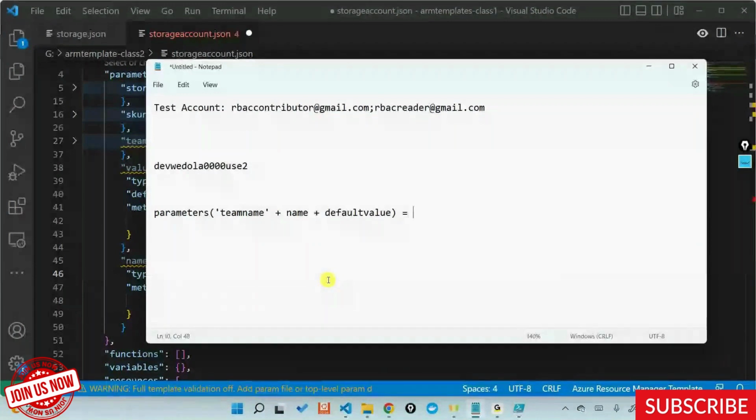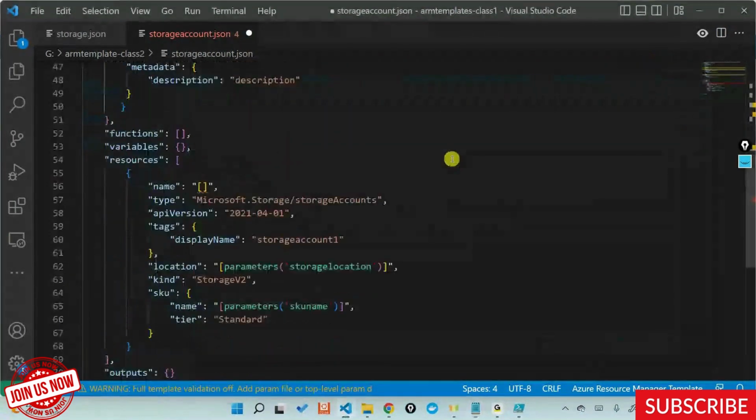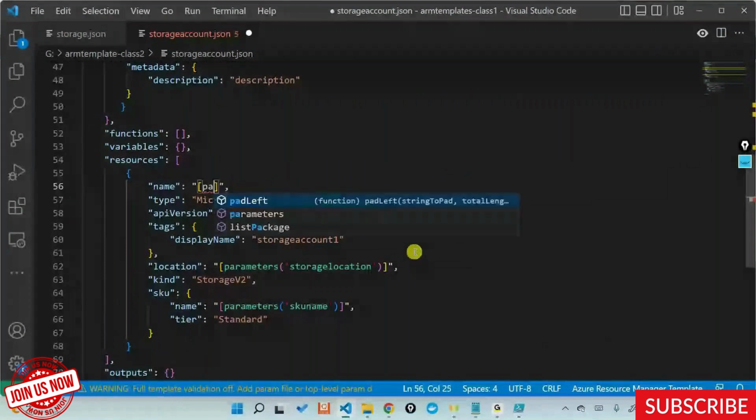So when you pass a name called QA, I'll say it is team name QA plus whatever is the name that you're passing. Let's say you're creating it on a Wednesday, you're saying it is Wednesday with DWWED out here, plus whatever is the default value that is already declared in my template. Can I add these three things and give you a storage account name? So what I'm doing is I'm constructing a storage account name, but how do I add this? Can I say in the names, can I say it is parameters,